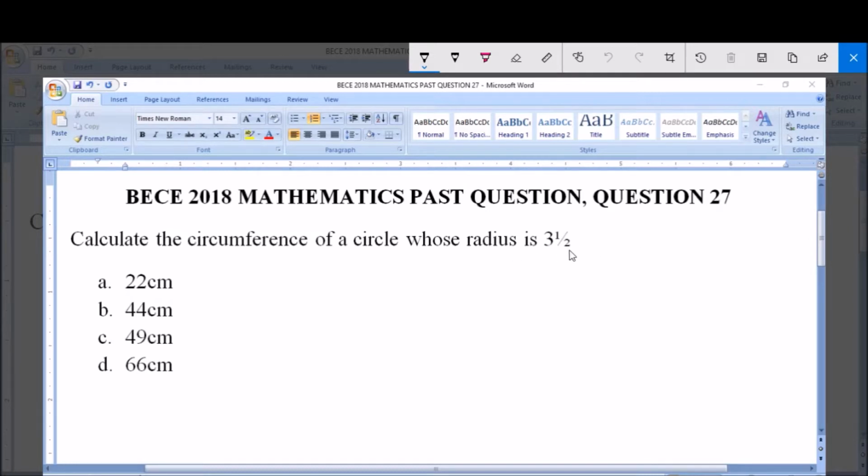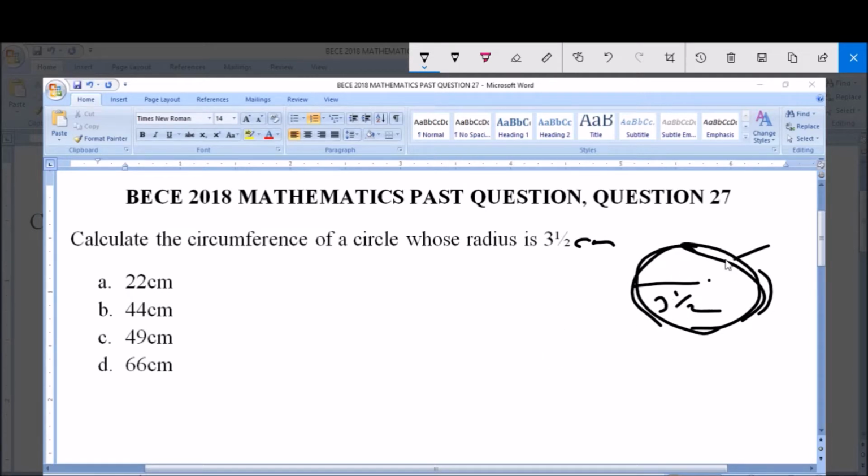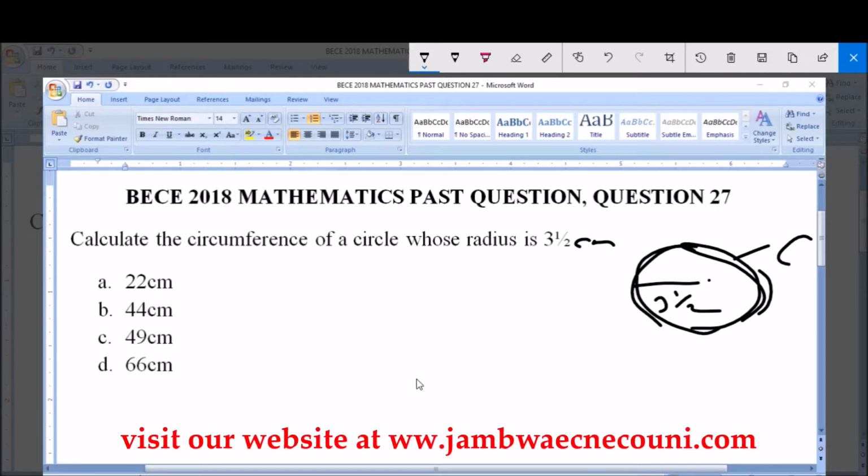3.5 cm. Now we have a circle like this. This is a circle, and then the radius of the circle is given to be what? 3.5. Now I have to find the circumference of the circle. Now circumference